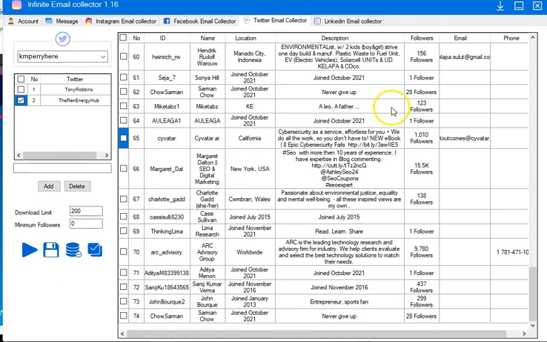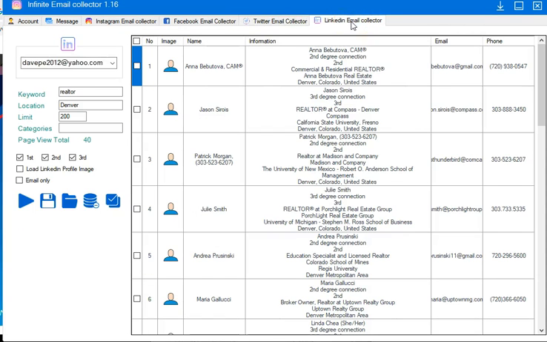Go ahead and move on to the LinkedIn email collector tab. This is my favorite tab. So basically you put in the keyword and location here. All right, and you don't want to ever do more than 200 a day, and you do want to space these out, 100 in the morning and 100 in the late afternoon, so a couple of hours in between them. All right,